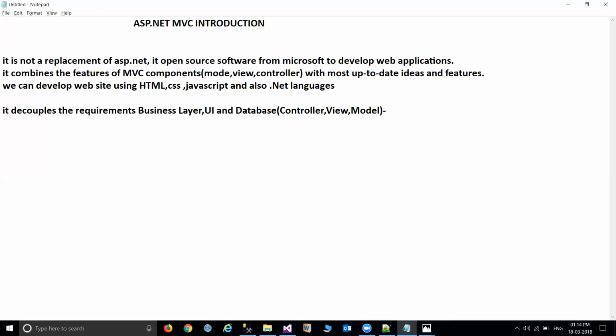If you have familiar knowledge of C# or VB.NET, you can easily start developing websites using MVC. Okay.